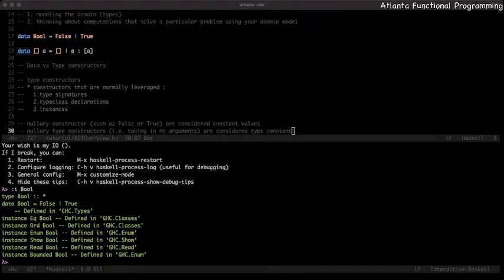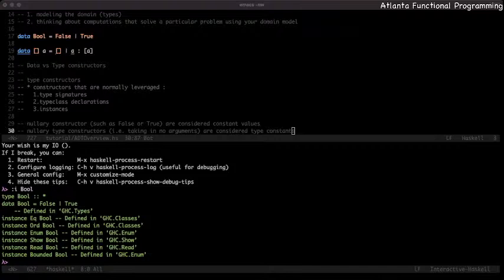So in the case of list of A, it means that if you generate a list of int, it'll know how to represent a list of int accordingly. But in order for that parametricity to be available, you need to pass into your type constructor an argument, like we did earlier, right? And this becomes very, very important later when we talk about kinds,